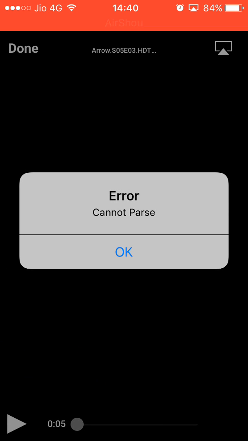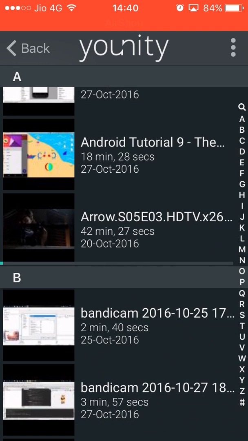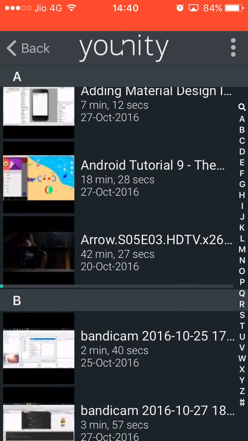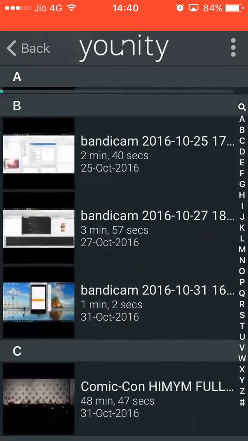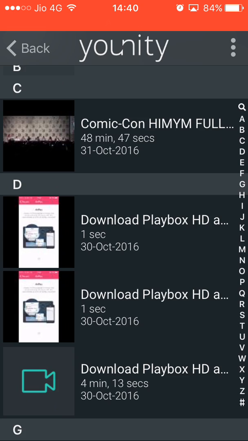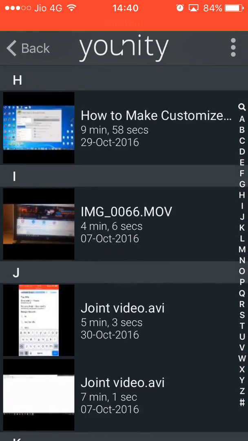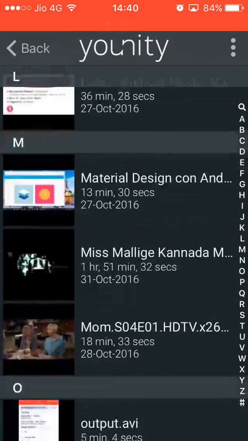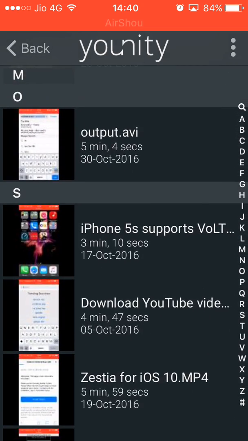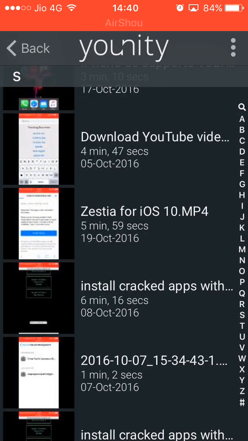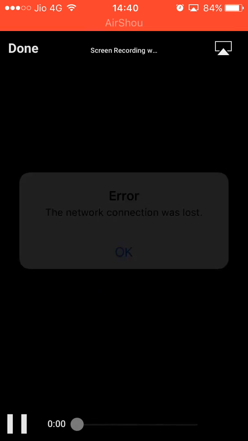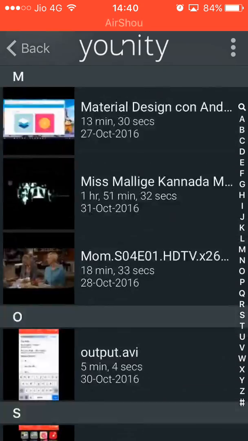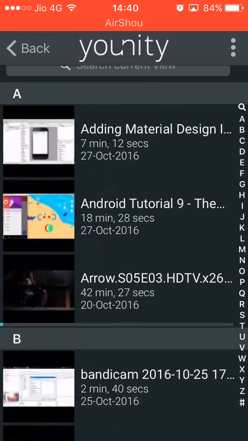There's an error in my home network, but definitely don't worry, it will play for you. If not, please leave a comment and I will tell you exactly how to do it. This is a network error in my home Wi-Fi, so that's why it's not playing.